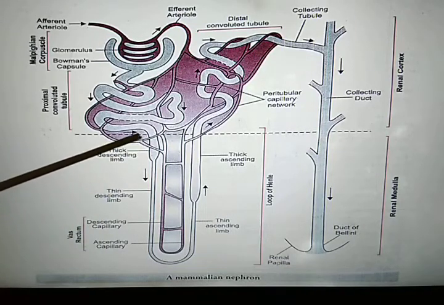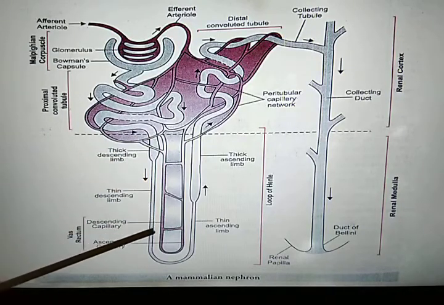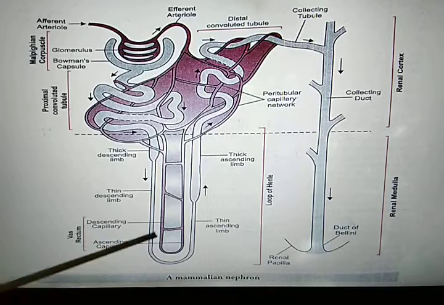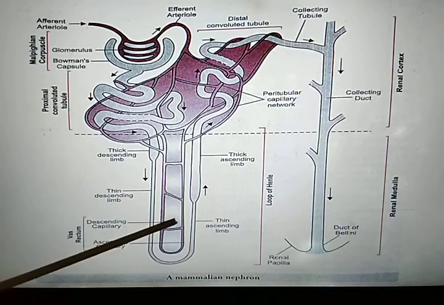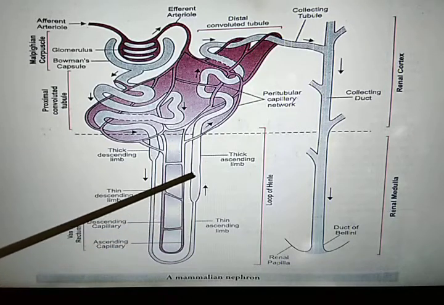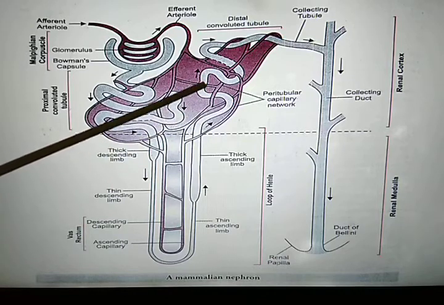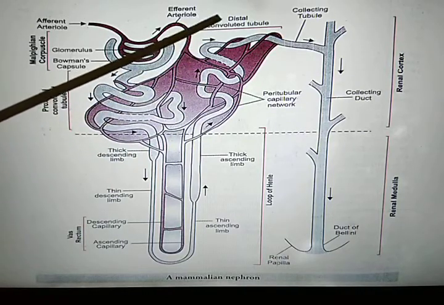The descending limb is in continuation of the proximal convoluted tubule and it runs towards the renal medulla. Then the second part is known as the ascending limb. It re-enters the renal cortex and joins another part of the renal tubule known as the distal convoluted